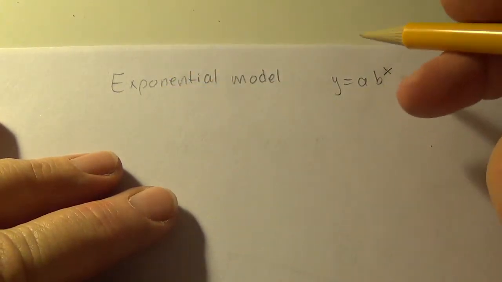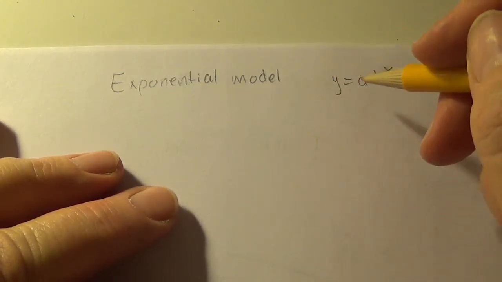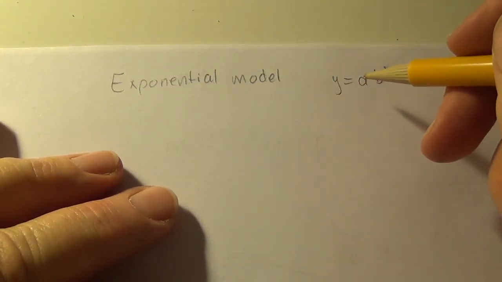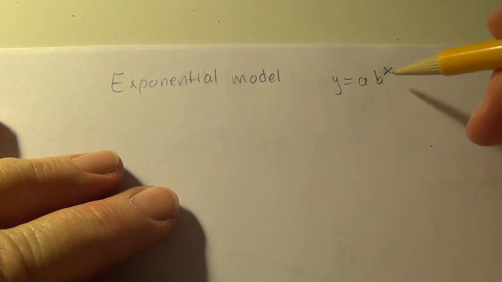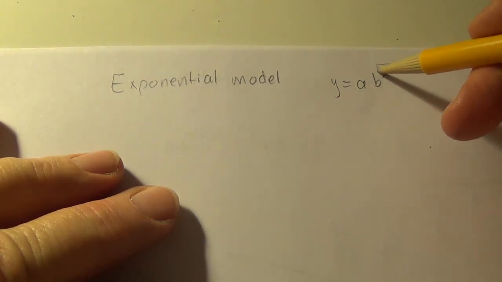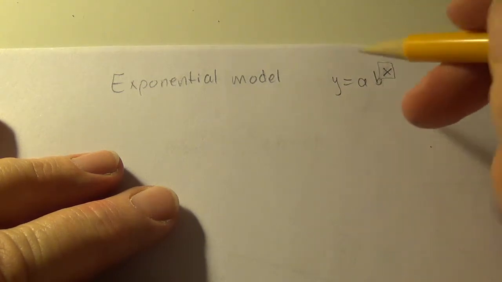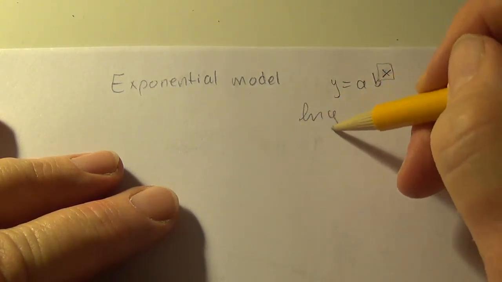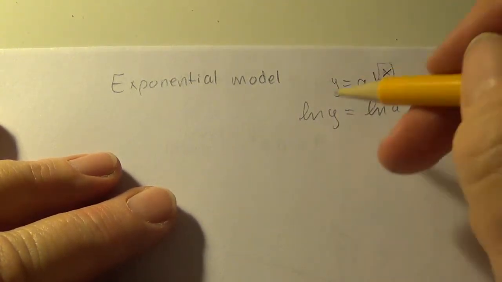So let's wax mathematical a little bit. I mentioned yesterday that sometimes logarithms will be used to straighten out curved data. So let's see how that would actually work for an exponential model. We often use logs when we want to get an unknown down out of the exponent. So I'm going to take the ln, that's the natural log, of both sides. And when I do that,